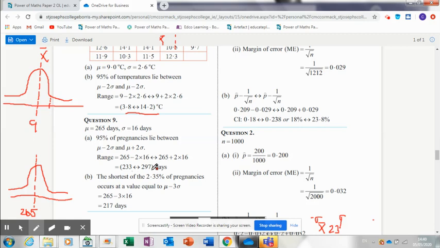How short is the shortest of the 2.35% of all pregnancies? Right, so that's if we say 95%, so the other 5% are either 3 standard deviations below the mean. So what's between 3 standard deviations below and 3 above? That would be 5%. And half of 5%,